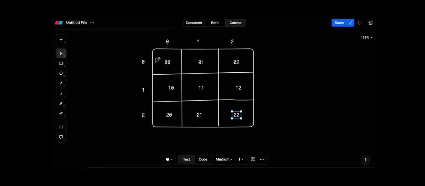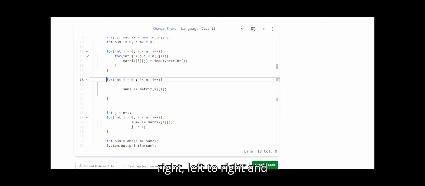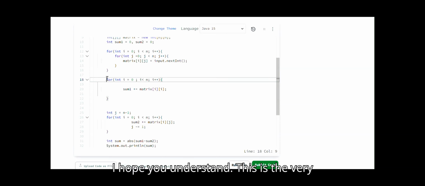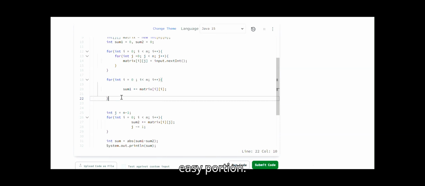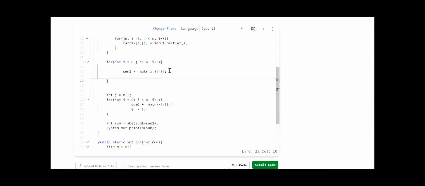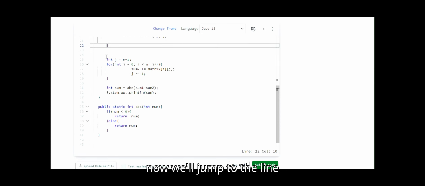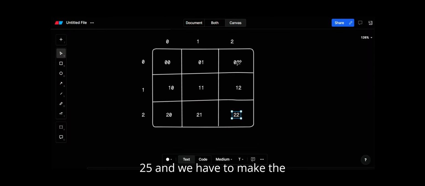By this way we can easily sum the diagonals from left to right and store the final value in sum1. I hope you understand. This is the very easy portion. If you didn't understand, you can mention it in the comment section. And now we'll jump to line 25, and we have to make the sum of this right to left